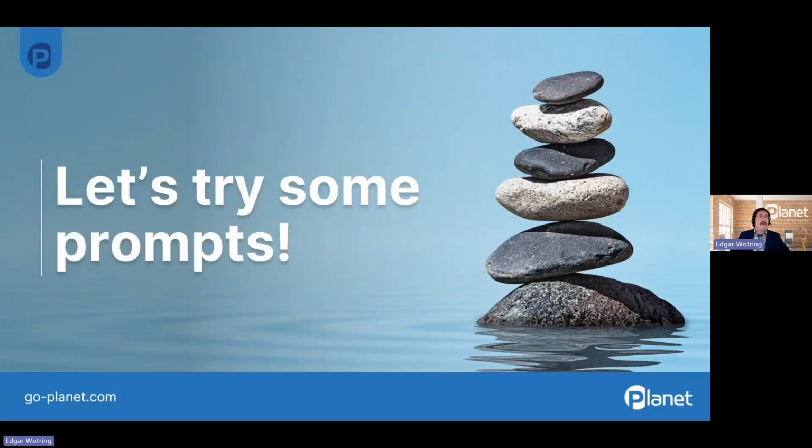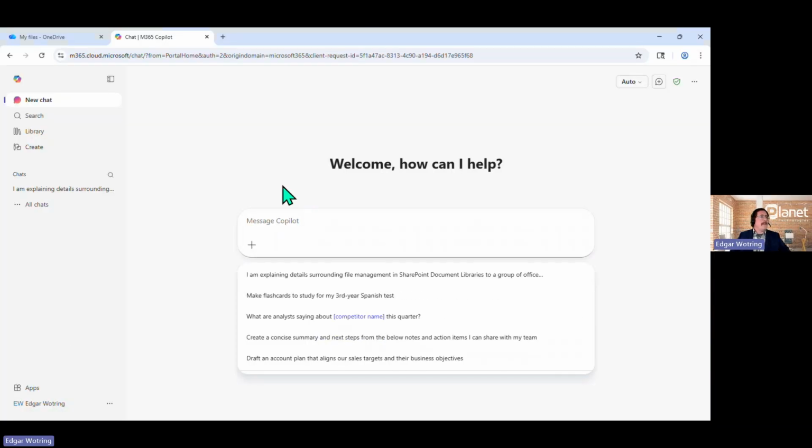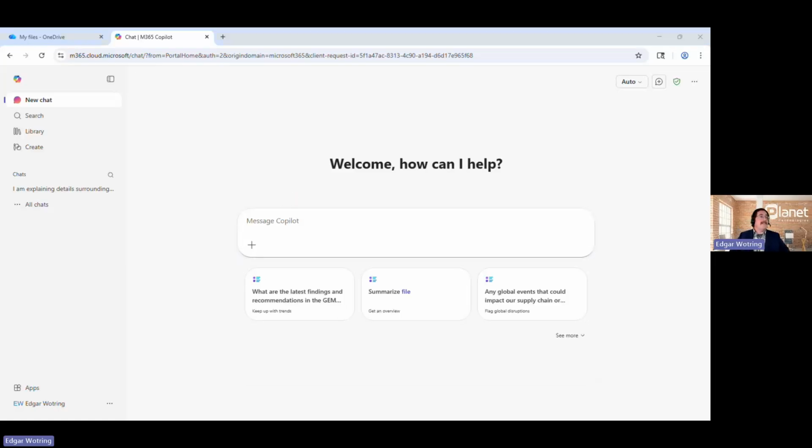So here is my question. As I'm jumping over here to our demo environment, I'm going to provide this prompt, but I'm also going to give everybody with us today a clear picture of where we're headed. What I'm interested in from you is to think of your favorite thing and put that one word in the chat. It could be an item. It could be a location. For those of us that fancy ourselves philosophers, it could even be a concept. So please indicate your favorite thing in chat in the form of a single word. We're going to use one of these words to, once again, allow Copilot to introduce and explain itself.